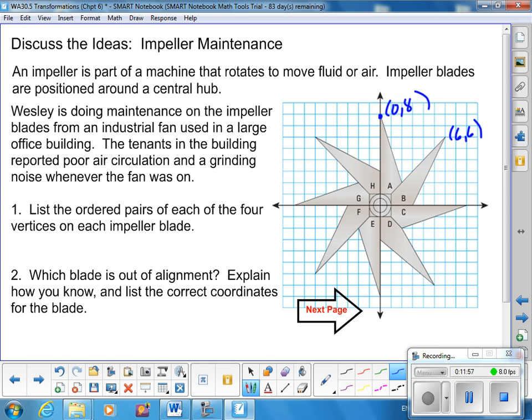So I'd take a look at the different blades and see if you can figure out which one is not a rotation of the other blades. The answer is D. D should have the same digits in its ordered pairs as H, because D to H is a 180 degree